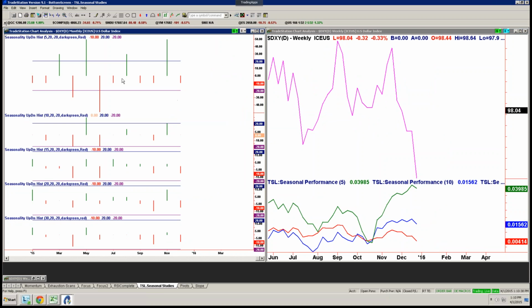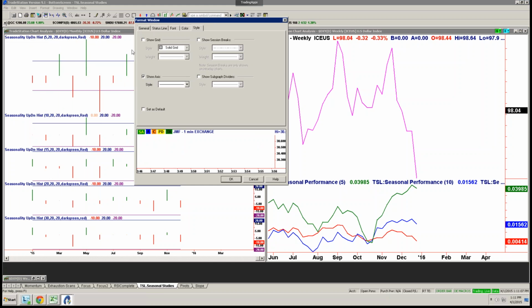This chart on the left, these histograms, shows the degree with which the market tends to move that month. So this is 5, second row down is 10, third row down is 15, fourth row down is 20, fifth row down is 30 years. So you can see on average that month, if it's a longer bar, regardless if it's up or down, the longer it is, the more intense the move tends to be that month.